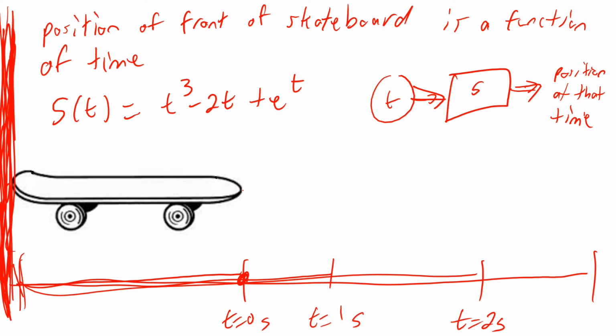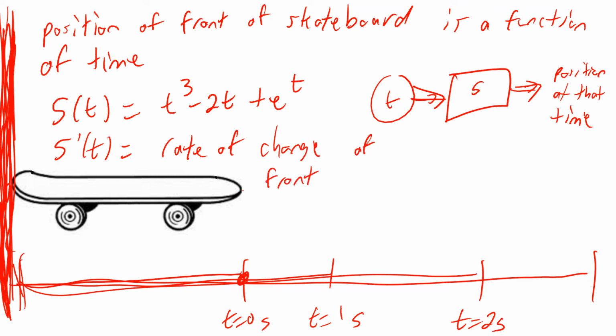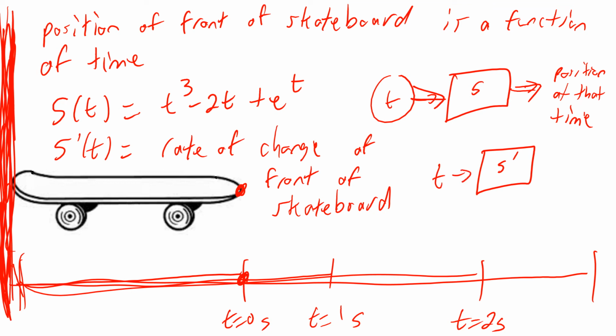Okay, so I'm going to go ahead and write some stuff here. What does the derivative tell you? It's going to tell you the rate of change of the front of the skateboard. But why am I saying rate of change? Because the position of this point here is changing. So the derivative will tell you how fast it's changing. In this situation, it's the speed of the skateboard. But again, it's really just a formula until you plug in something. So you think of the derivative as a function. You plug in time, and the output will be the speed, or velocity,